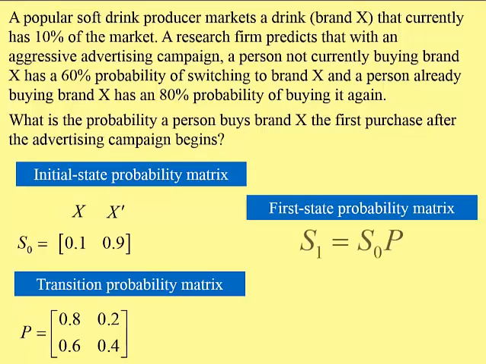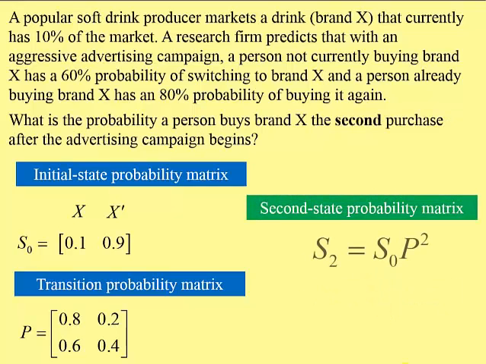Here we want to take a look at regular Markov chains and their significance in dealing with the transition matrix. This problem we did in the last section. Here's our initial state matrix. This is the transition matrix for this problem. We found the first state matrix by multiplying the two,